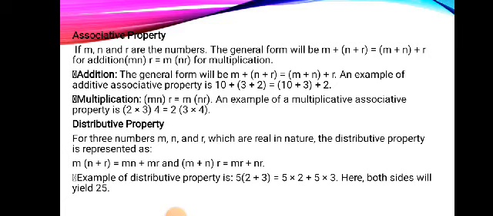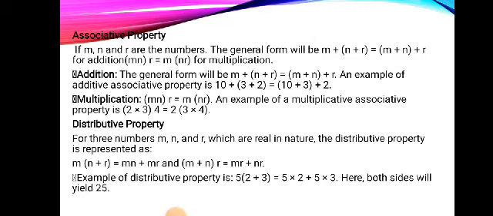And then the associative property: if M, N and R are numbers, the general form will be M plus (N plus R) is equal to (M plus N) plus R for addition. (MN)R is equal to M(NR) for multiplication. An example of additive associative property is 10 plus (3 plus 2) is equal to (10 plus 3) plus 2. Then multiplication is